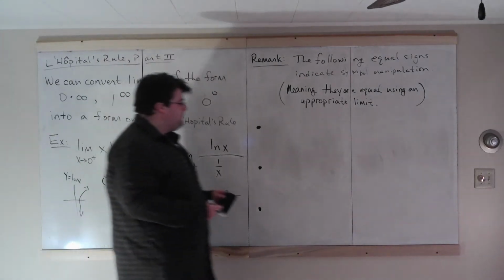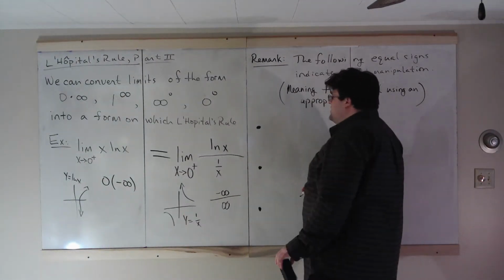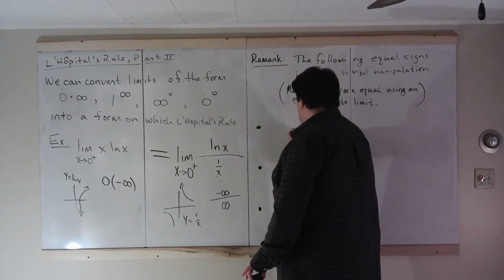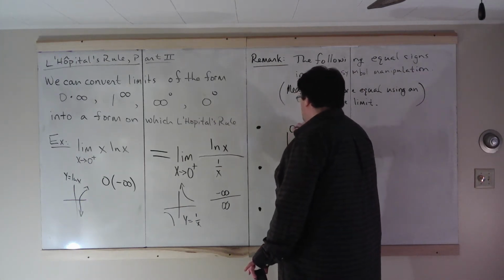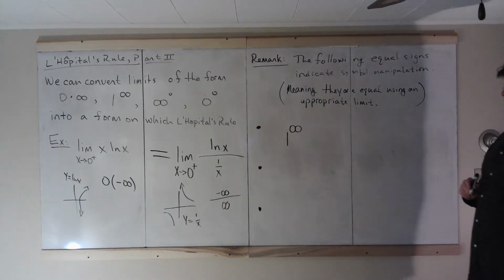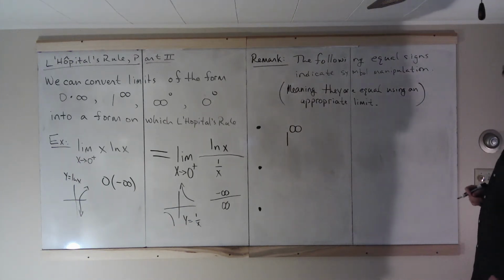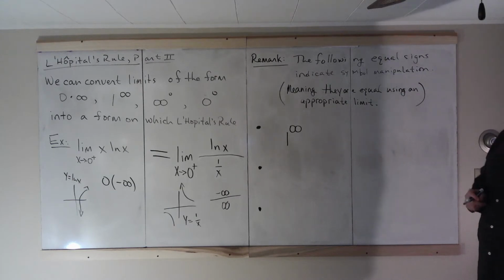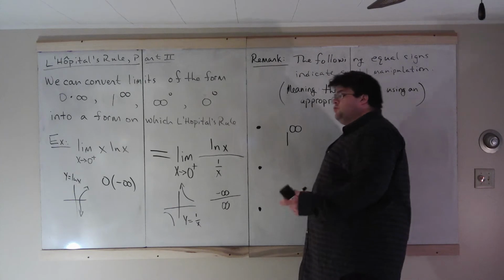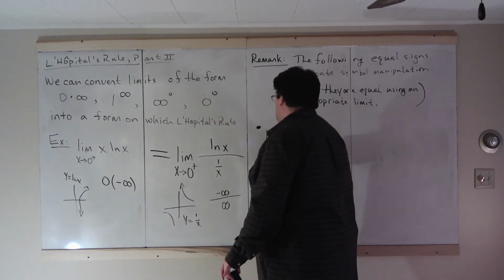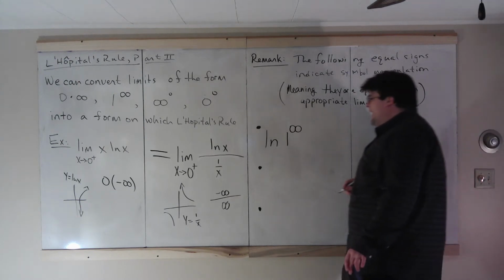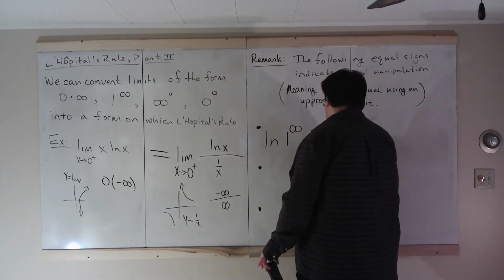So, first, 1 to the infinity. Now, the 3 bullet points, 1 for each one. 1 to the infinity, well, we have a number and an exponent. Exponents are, well, L'Hopital's rule doesn't apply to exponential functions. But what we can do is throw a logarithm on that. How does that help? Well, you throw a logarithm on it,